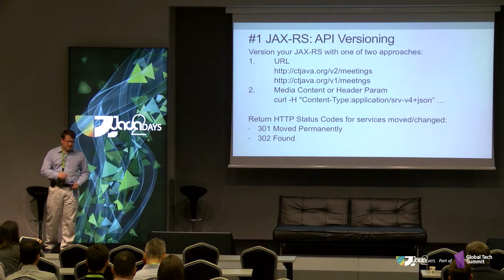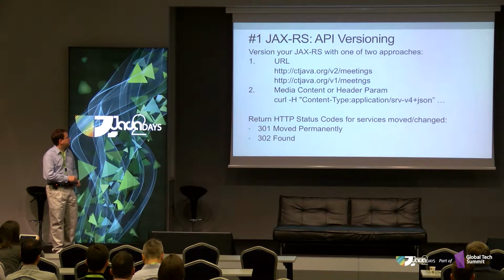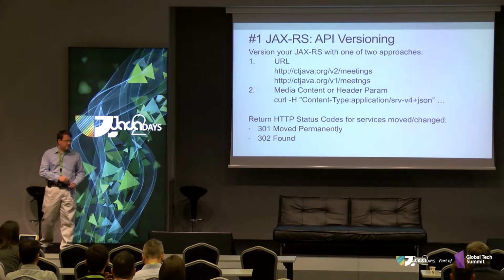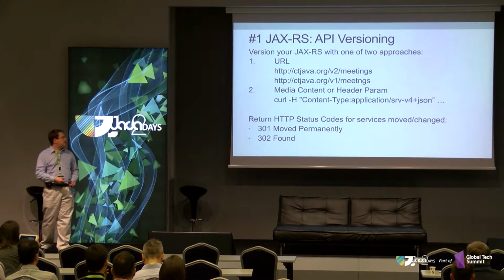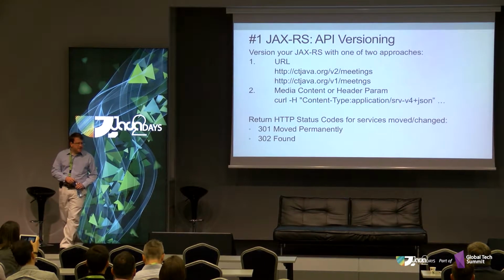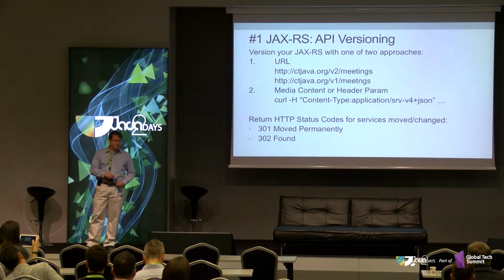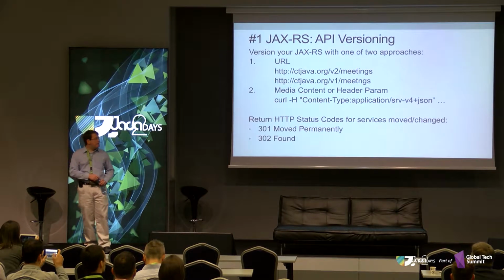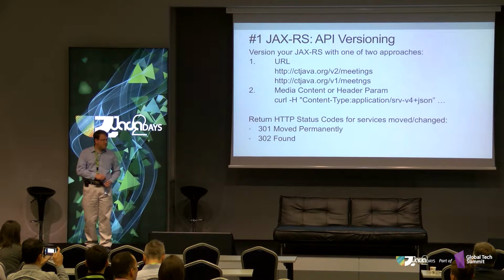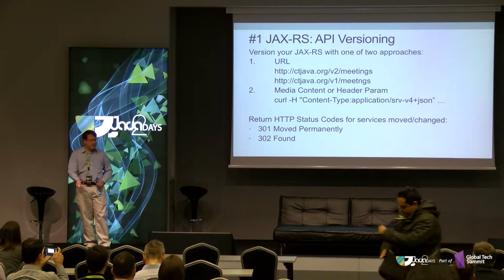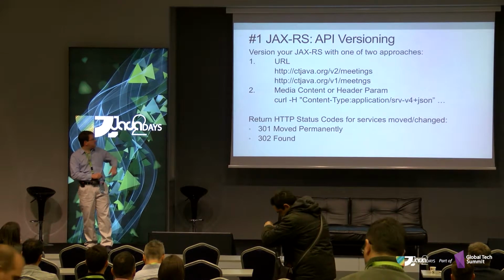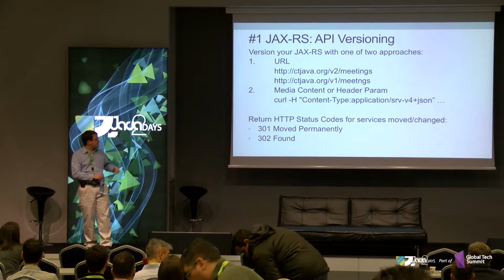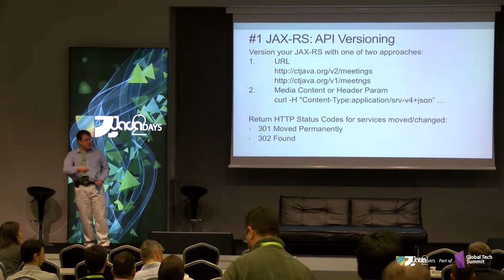So first best practice, this one touches on JAX-RS, developing RESTful web services. From the start, you should build in versioning into your RESTful endpoints. So there's several different ways of doing this. You can do this with the URL by encoding the version number in the URL. So version 1 has v1 in this case. So retrieve for calling the RESTful web services v1 is version 1, version 2 is a separate one, and the